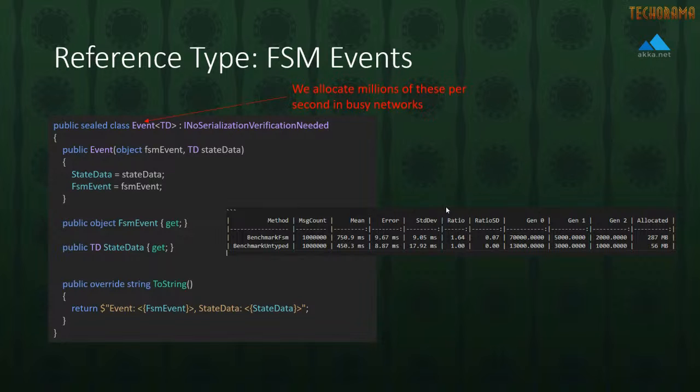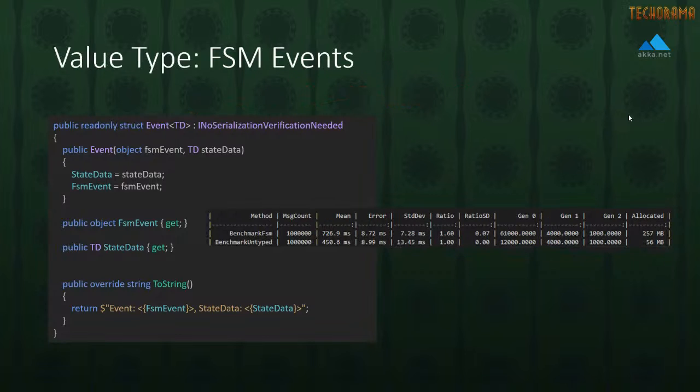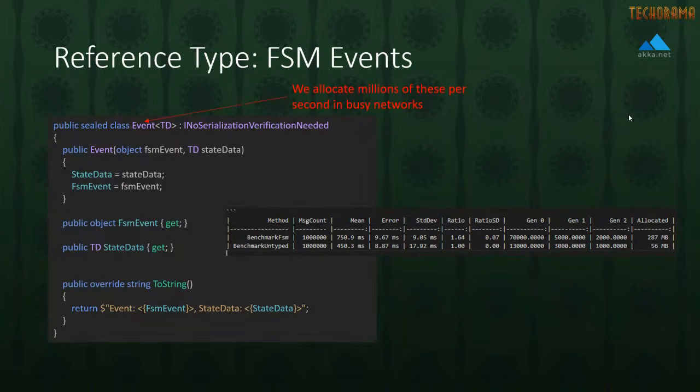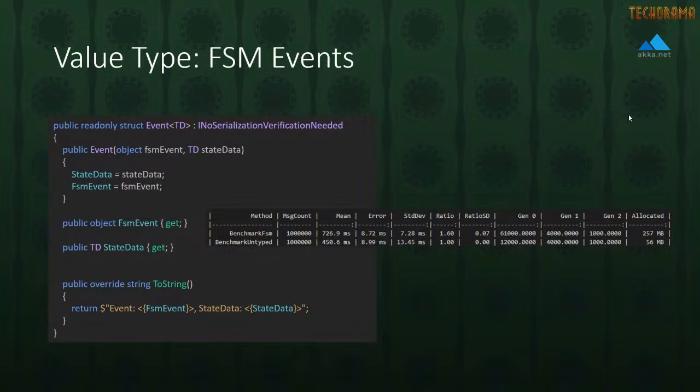If I benchmark how much memory an FSM actor uses when processing messages versus an untyped actor, we can see that an FSM actor uses about 6 times as much memory as a normal untyped actor does. Slightly less than 6 times, but that's the rough ballpark. Now, if I change this class to a readonly struct, I instantly get a memory savings of 30 megabytes.